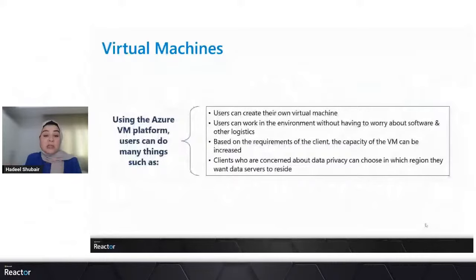The capacity of the virtual machine can be increased based on the demand and requirements of each client. And clients who are concerned about the privacy of their data have the ability on the Azure VM platform to choose in which region they want their data servers to reside.